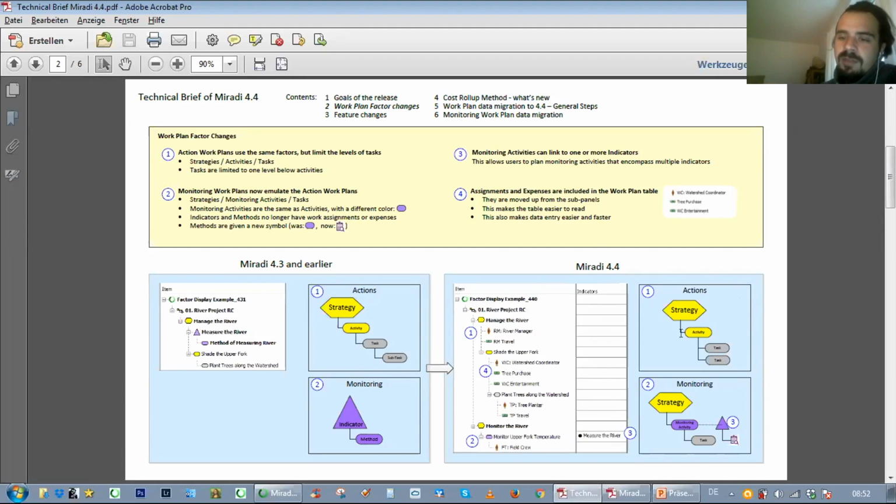So you see that we have a strategy and regular activity, and with it a couple of tasks. And then if it comes to a monitoring activity, the same hierarchy applies. You have a monitoring activity, and with it you have a task. And then there are one or more indicators that are being catered for by this activity. So by implementing the activity, you might take up data for one or even more indicators. So the linkage is being made right here.